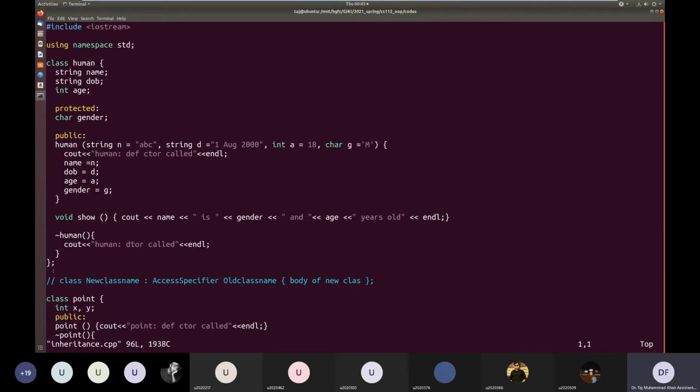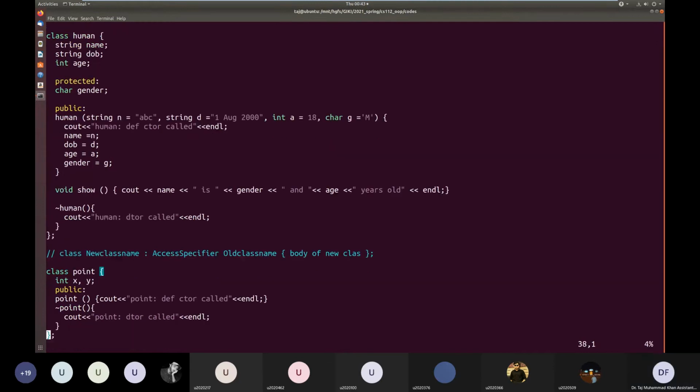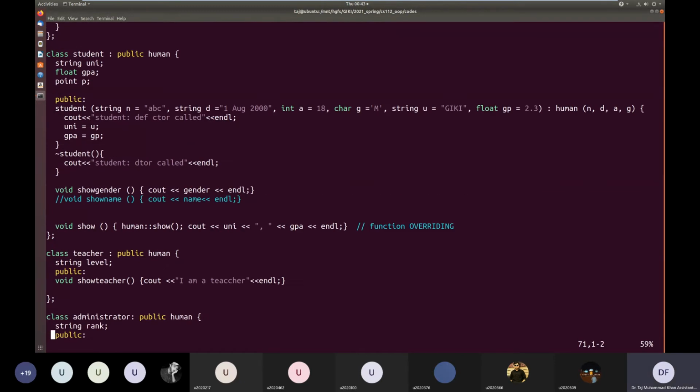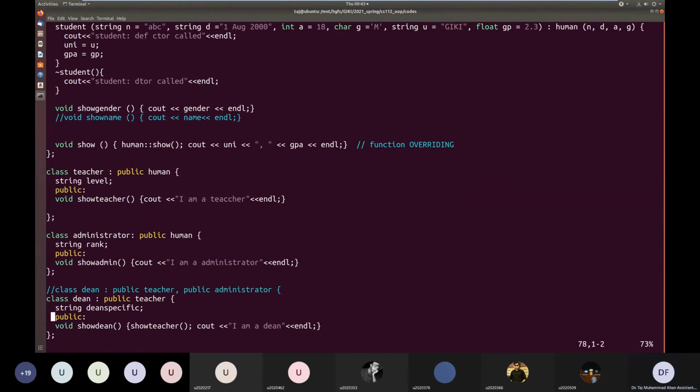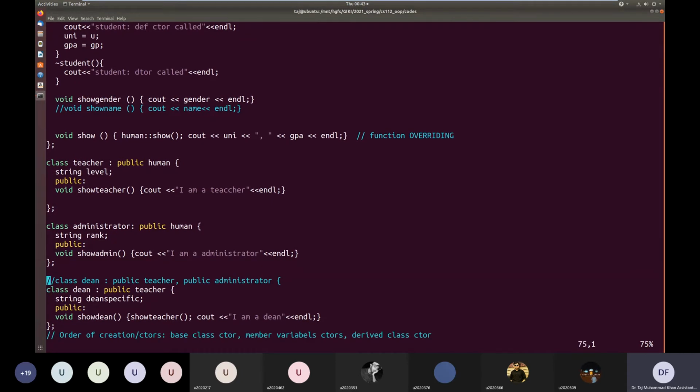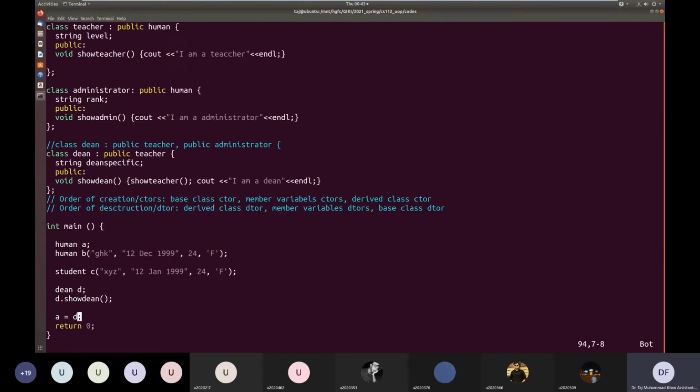Here what we have done is we have the class human, the class teacher inherits from human, and the class Dean inherits from teacher. So we removed the multiple inheritance. We are just doing single inheritance, two-level inheritance. Dean is inherited from teacher, which is inherited from human. So here, when we assign an object of type Dean to an object of type human, it allows us. But here we have basically lost the Dean part. A has only copied the human part. So if we do A dot show,